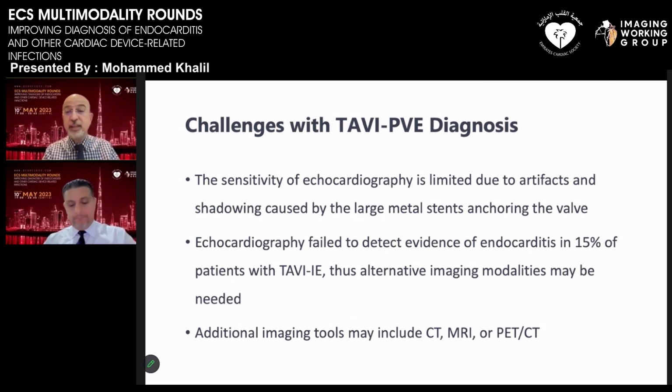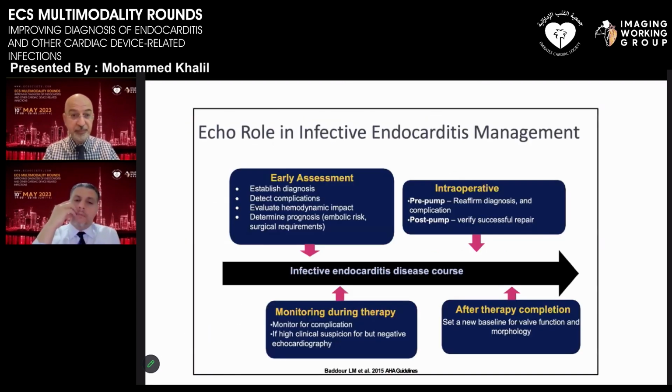Echo failed to detect endocarditis in 15% of the patients in one of the case series, and we had to resort to other diagnostic modalities like PET or CT. So the echo role in infective